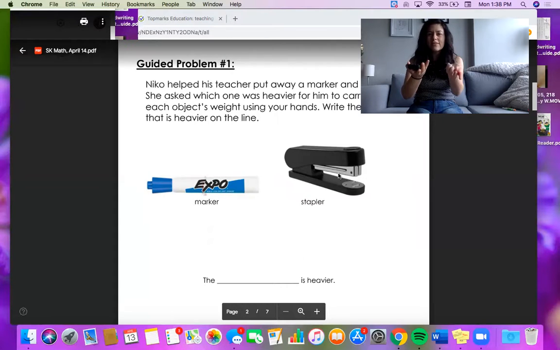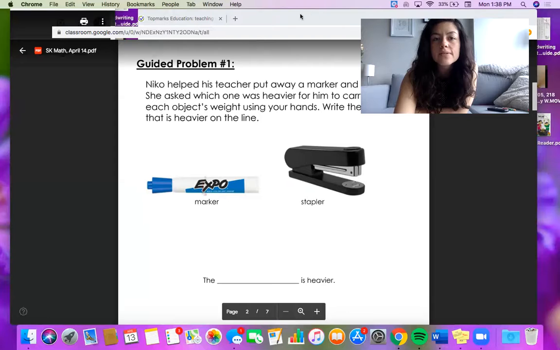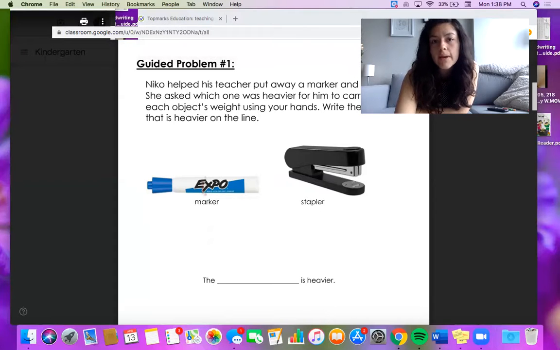So when I'm holding these two things, it's really easy for me to hold this marker. It's not putting any pressure on my hand. That must mean it's light. It's staying up. This remote control, however, it's kind of hard for me to hold and my hand feels like it's getting tired. My hand wants to go down a little bit. So just by using my hands, I would guess that the stapler, or rather the remote control in my case,